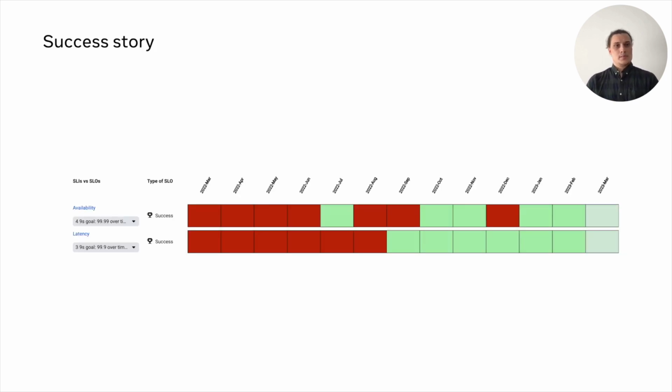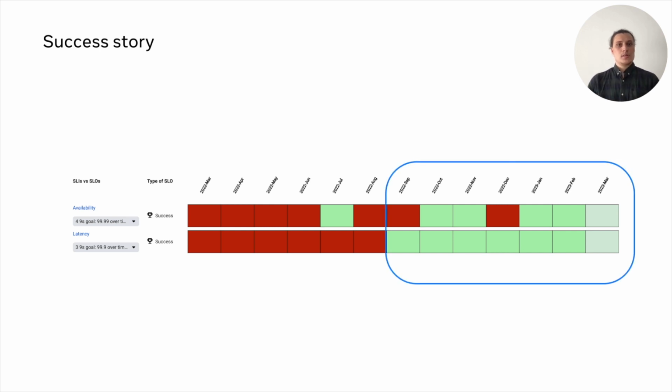What does it mean to customers? As a result of teams using SLO reviews on Slick, we've seen them improving their SLIs, better SLO conversations, and improved reliability in the long term. This slide shows how one of the Meta services managed to improve their SLO scores after the team started using the tool.